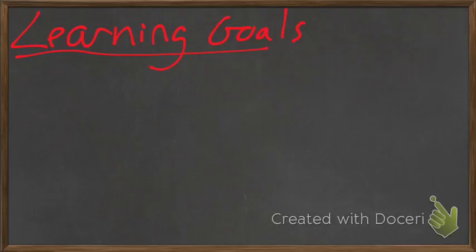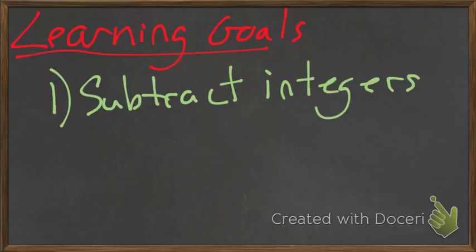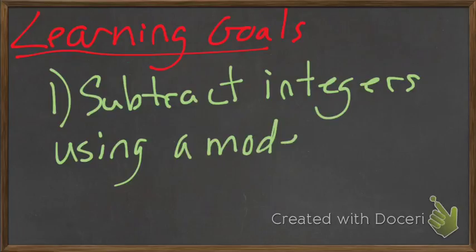So our learning goals for today will be 2, 1. I'm going to write it in green. Subtract integers using a model. Now, as I've said before, if you feel you don't need a model and you can subtract them, go right ahead. More power to you. If you feel you do need to use a model, for example, the zero principle,